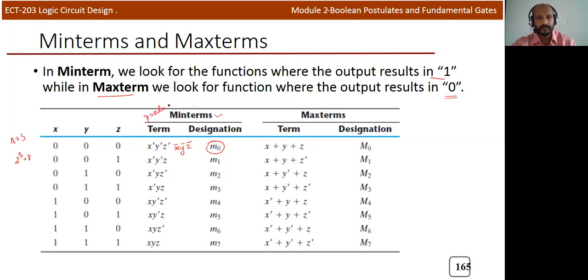This is a product term, the min term, and the max term is actually a sum. So the function x plus y plus z will give you output 0 because x is equal to 0, y is equal to 0, z is equal to 0. That is the max term, normally represented by capital M suffix 0. Here you can see that when x is equal to 0, x bar is equal to 1, y bar is equal to 1, z bar is equal to 1. If you find the AND operation of the 3 ones, the output will be 1. Similarly, you can approach any question.